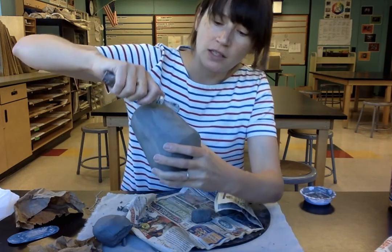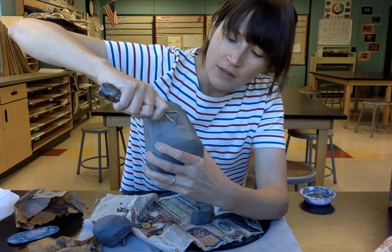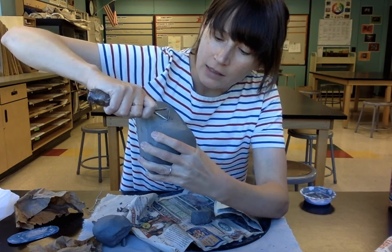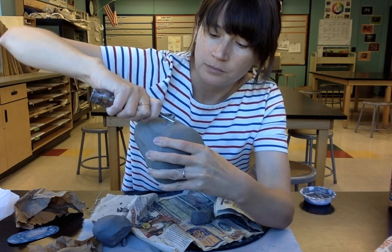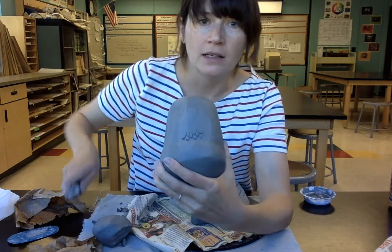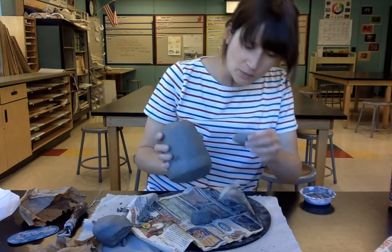And I would eventually, not yet, but just to show you what I will do eventually, very carefully go in and add texture on top of something like that to cover it up. And so that's what this would look like in the end. I'm not going to do the whole thing right now, but that's what it would look like. And now these little pieces